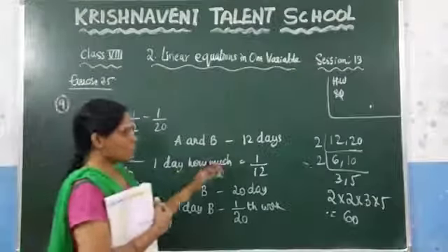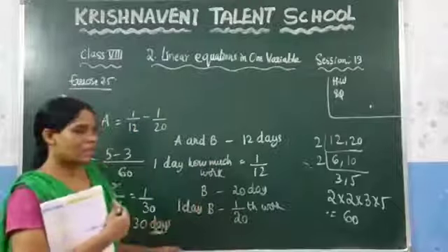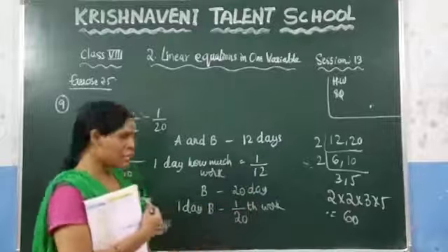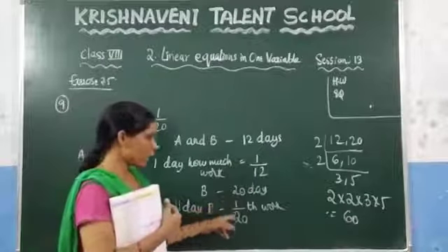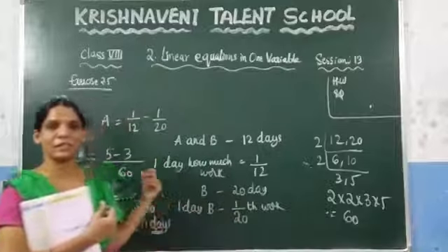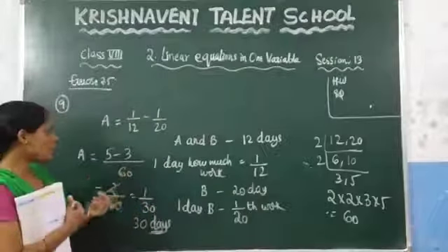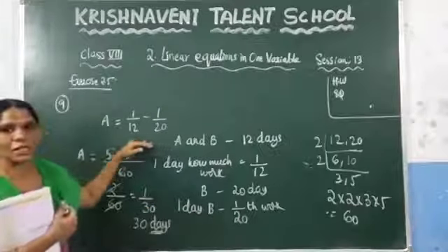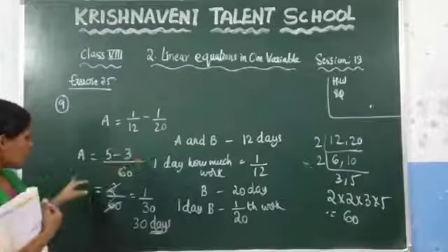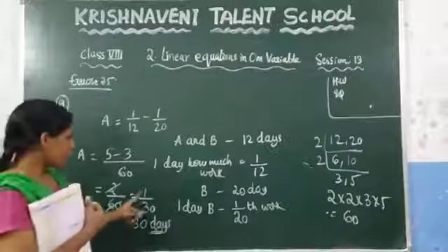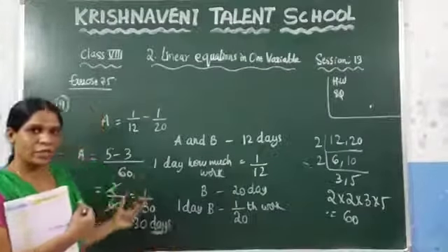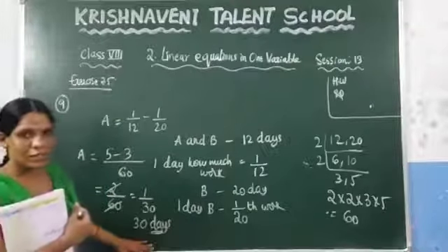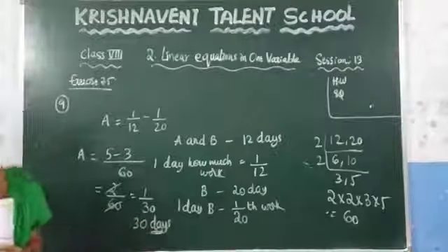Now to do this process, we have calculated in terms of one day. In one day, how much work will they complete? 1/12 of the work. And similarly, in one day B can complete 1/20th of the work. Now we have calculated how much work A has to do in one day. For that we need to subtract those two values, so that we get 1/30th of the work he can do in one day. Now how many days does he take to complete the whole work? Which is nothing but 30 days. This is the problem.